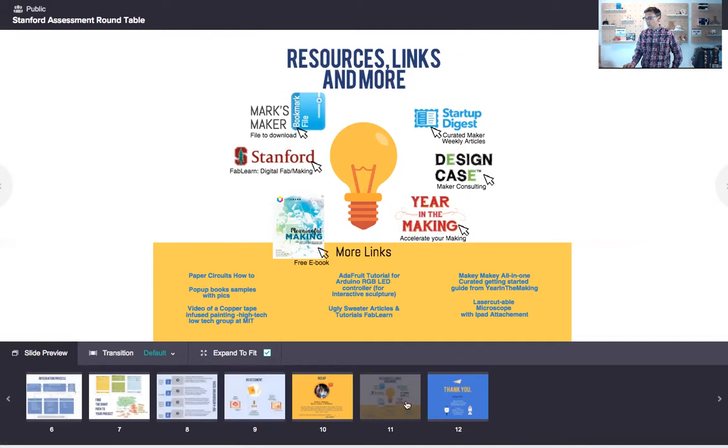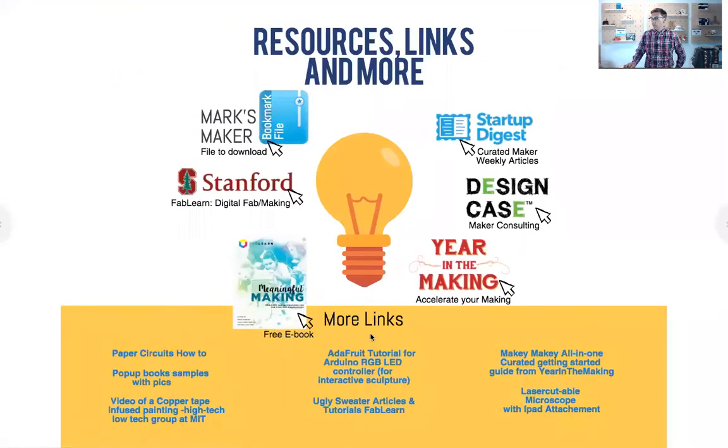One of the things I wanted to look at right away was the resources and links. And this resource link section is the very last one. They're all hot links. If you hover over them, you can click on them and go to different things. So there's my bookmarks in there. There is an ebook for meaningful making. That's the book that the Fab Fellows wrote a couple years ago, and it's basically all the different projects and ideas. I only wrote a chapter or two, but there's some amazing stuff in here. This is gold, and it's right there.